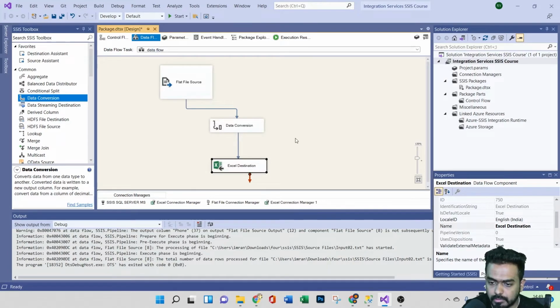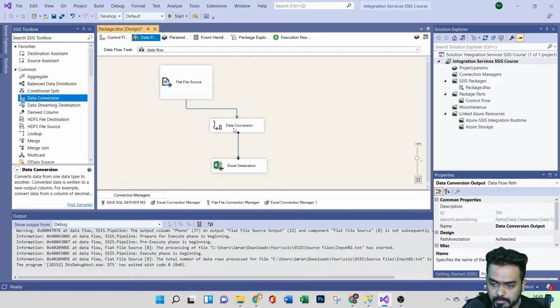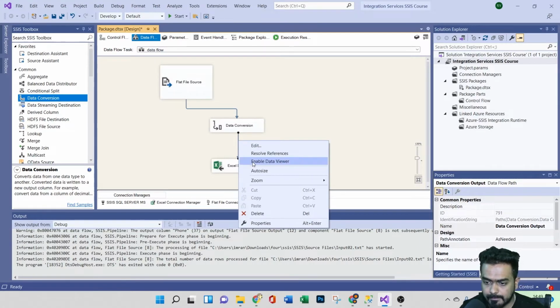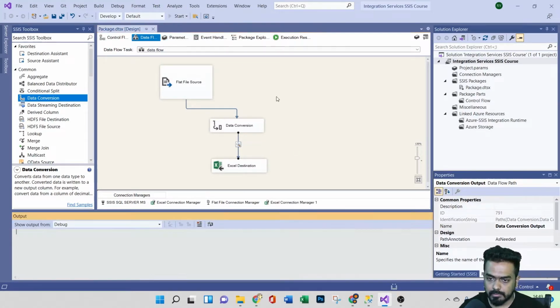Yeah, you can see we got the error. Okay, we have removed that. So you can just add the handler, enable data viewer. If I just try to run it,